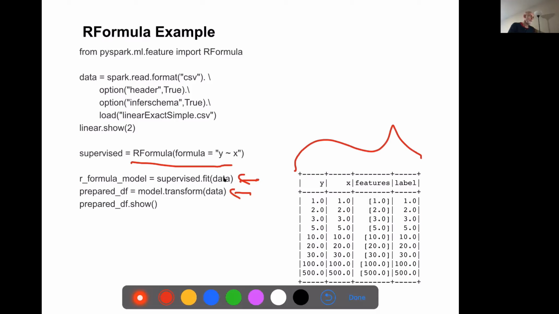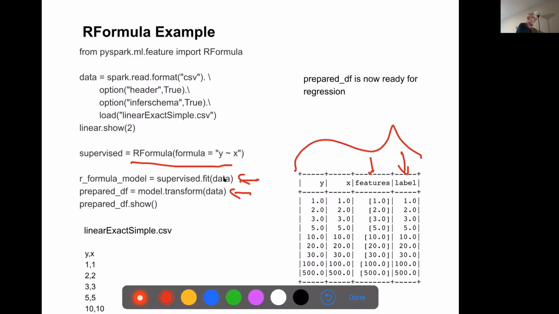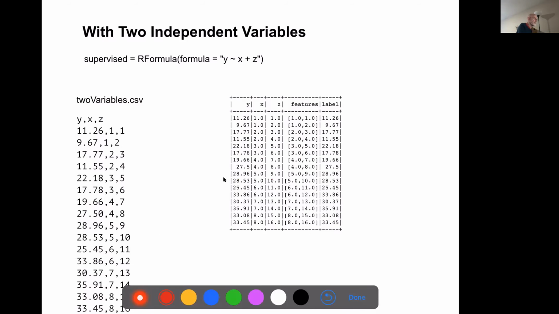And so we've got our features column and our labels. And that's pretty common too, to use label as the dependent variable. And here's our input file. All right, so now we can actually use that transformed data frame in our regression model.